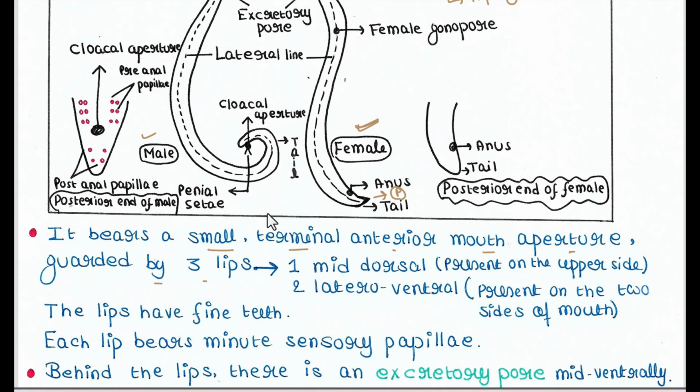So the mouth is guarded by three lips, one mid-dorsal and two lateroventral. Dorsal means back, you know. So one lip is present at the middle part of the back, and two are lateroventral. Ventral means the front side and latero means side. So two lips are present on two sides of the front part. Okay,